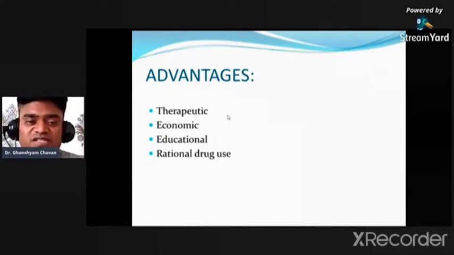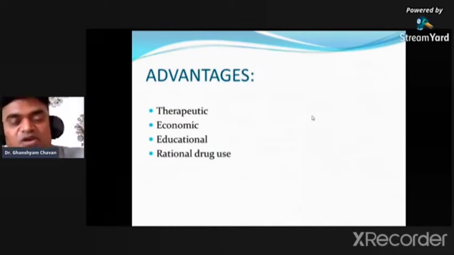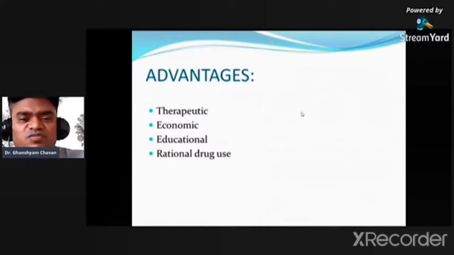For example, in case of breast cancer, we will go for drugs which are blocking the estrogen receptors, like the drug tamoxifen. We will start tamoxifen, and after that combine it with methotrexate. In case of hypertension, we should go for calcium channel blockers plus beta blockers plus a diuretic. This will be the first line of drug. After that, we will change the drug. Then we will go for ACE inhibitors, or likewise other drugs, or vasopressin, like that. We should go for various drugs.